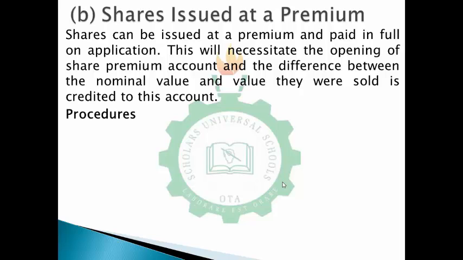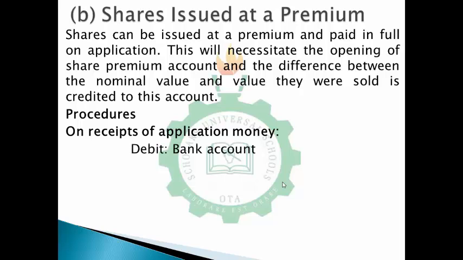Now the procedure for posting shares that are issued at a premium is that the first thing, when you receive your application money, it's still the same thing. It has not changed. You debit your bank and you credit your applicant because they are the ones paying, right? Debit bank, credit applicant. Now on allotment, this is when slight changes happen,